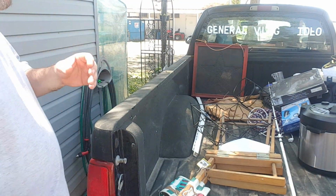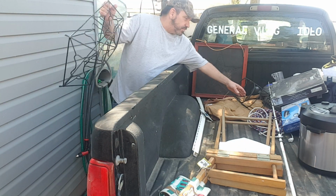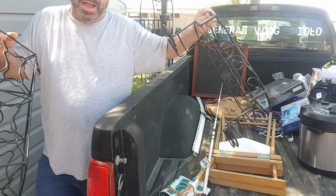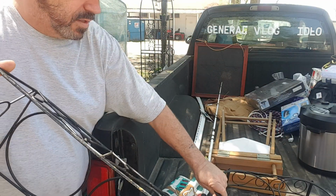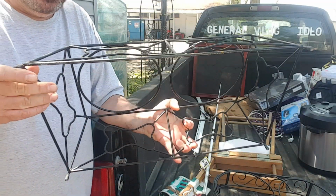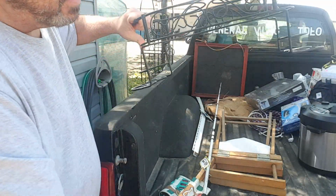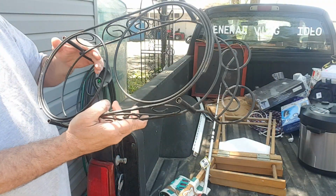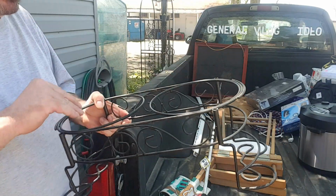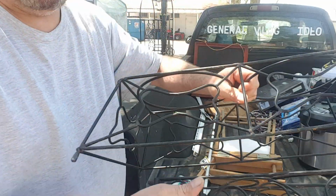So, alright, the first thing was I bought 2 of these. From what I can gather, these are to put the stainless steel dog bowls in, and I have the bowls. So this has got little bone shapes. Then this one is a little more ornate, a little more fancy. This actually might be to put flower pots in, but I don't know. Anyways, they wanted $1 for both of them, so I bought